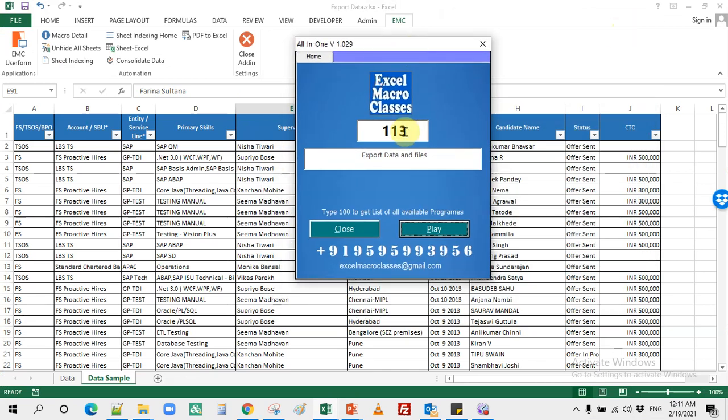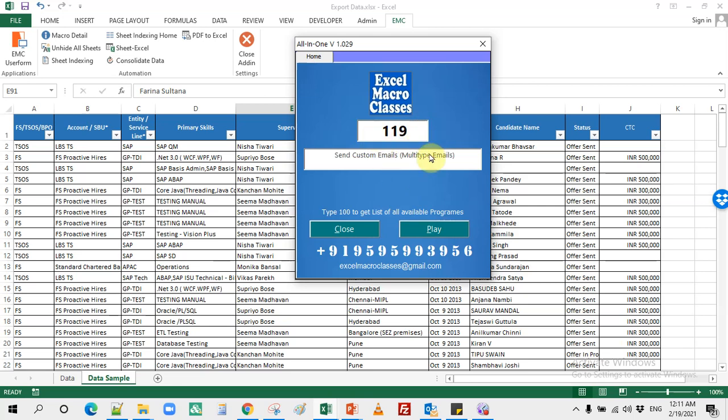The first phase is over now. Now second, we have exported the file. Now we need to attach the file in a separate email. Okay, so let's go and run this one.